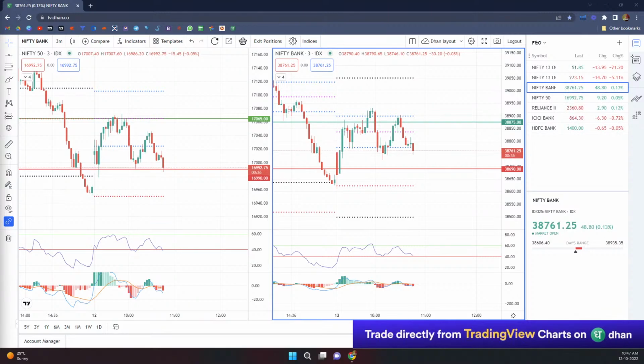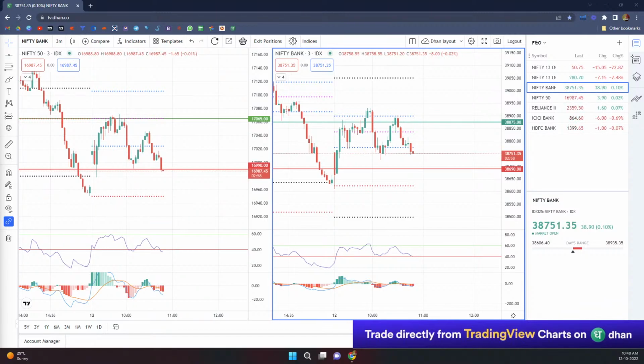And nobody is showing some interest to buy the futures. Futures will give you a clue what the market participants are thinking. Again, I will repeat, if it is in premium, that means people are expecting the market to go and close at the expiry at a higher level. If it is in discount, people are expecting the market to go lower and close at a lower level at the expiry. It is again based on market participants. Doesn't mean it will be acting like that, but it will be giving you a clue what the market participants feel. Now, you are seeing a divergence.